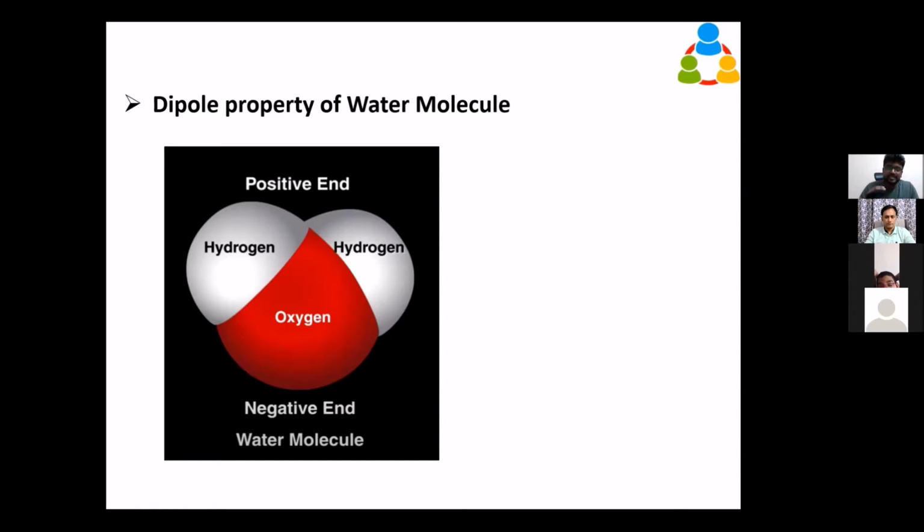But within that molecule, relatively, throughout the distance between the hydrogen and oxygen, there will be a polarity. That is, the top end of the molecule will be positive. What I mean by top end is the hydrogen side. The hydrogen side is somewhat positive polarity, and the oxygen side will be negative polarity. So we call these types of molecules polar molecules, since the charges got polarized.